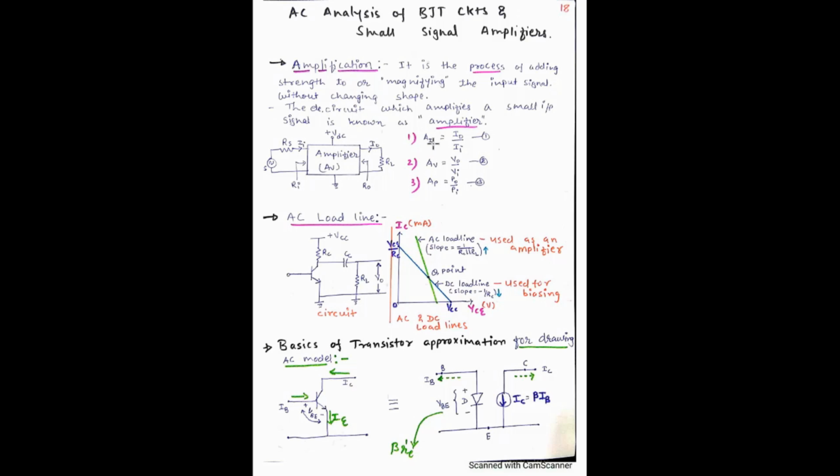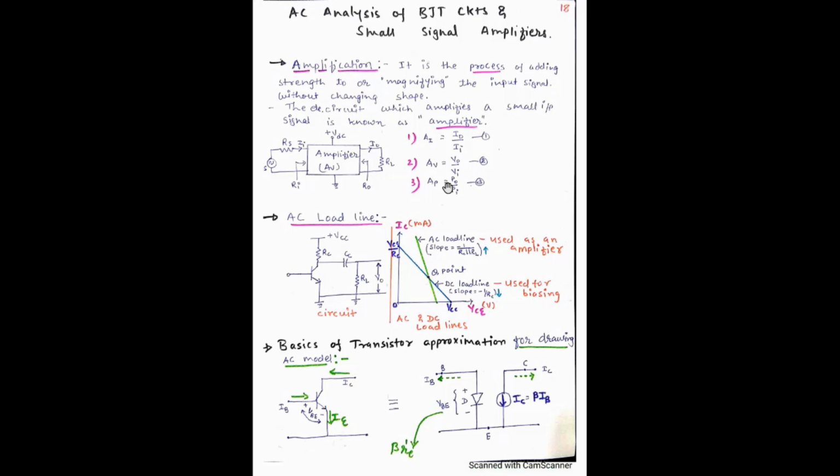So let's start. What is the gain? Gain means output quantity upon input quantity. So these are the formulas of current gain, voltage gain and power gain. Current gain is equal to Io upon Ii. It is the ratio of output current to input current. Similarly, voltage gain is the ratio of output voltage to input voltage. And similarly, what is power gain? It is equal to the ratio of output power to input power. So we should be capable of writing down the definition from these formulas directly.